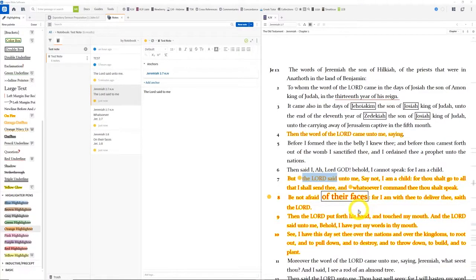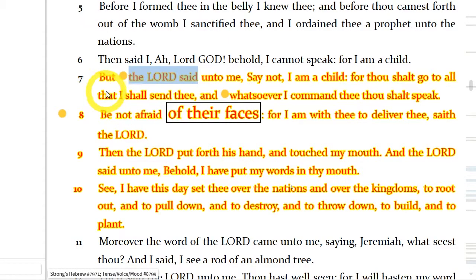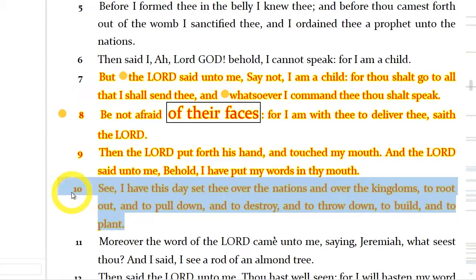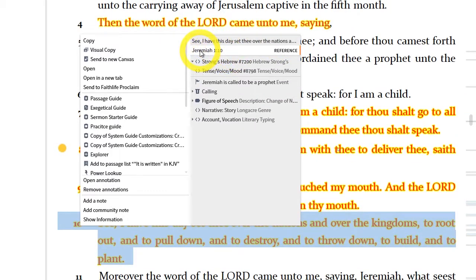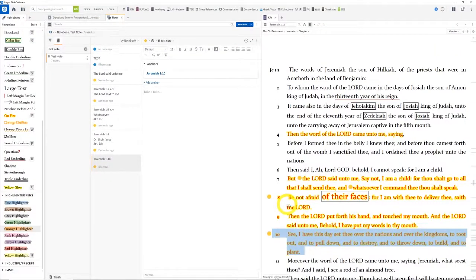Okay, the problem we're having was we're accidentally deleting notes that we didn't want deleted. Unless the note is literally anchored into the Bible verse itself, say Jeremiah 1:10, and you literally create a note for that particular verse, go up here and select that verse reference after you right click on it. Boom, once you click that reference right there and you hit add a note, it'll put that note securely right